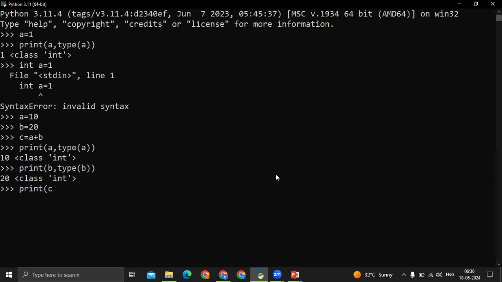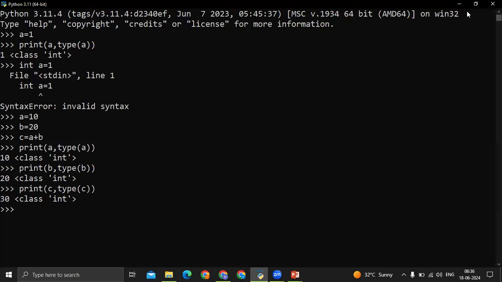Print type of C. So we need not define a variable. We need not declare a variable. That is why it is known as a dynamically typed programming language.